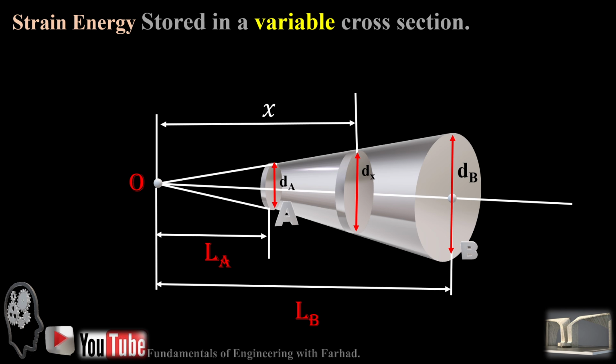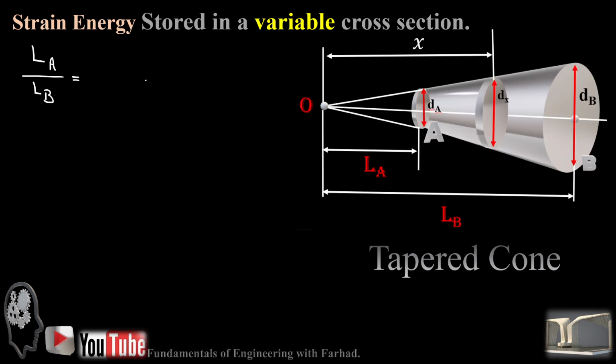Again, we need to extend our tapered cone to have an entire cone to get the relation between the length and diameter of our cross sections. So in our tapered cone, if we just jump to the relation of the length, for example, L sub A to L sub B, the length from the arbitrary origin O to the minimum cross section, or first cross section, is LA, and from the origin to the last one is LB, and LA over LB is equal to the ratio of their diameters dA over